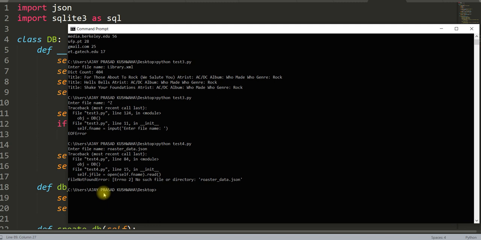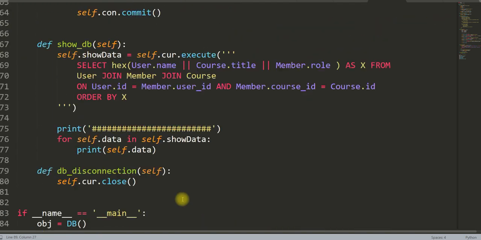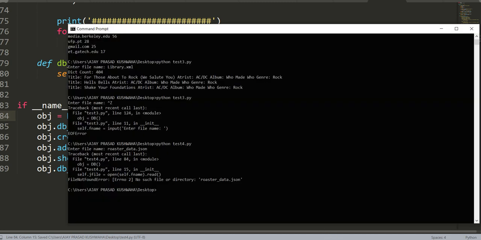So there is some error it is showing. What error? Okay, so this is line number 84. Okay, so what is line number 84? Okay, object db. Okay, let me run it again. It must work.